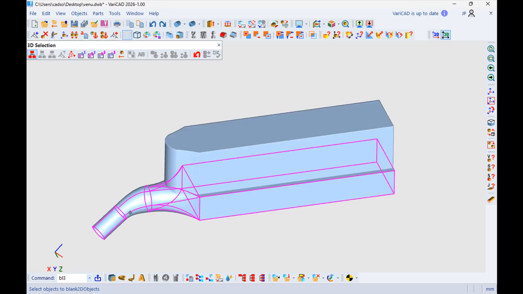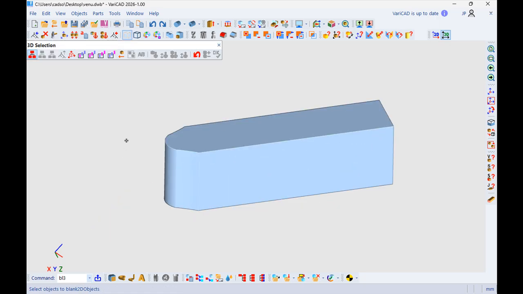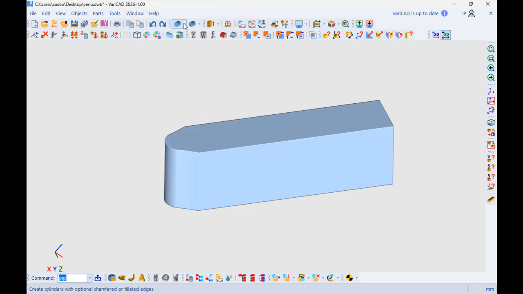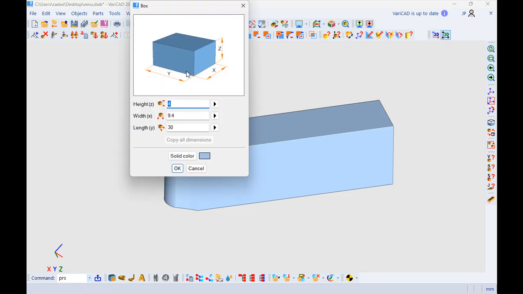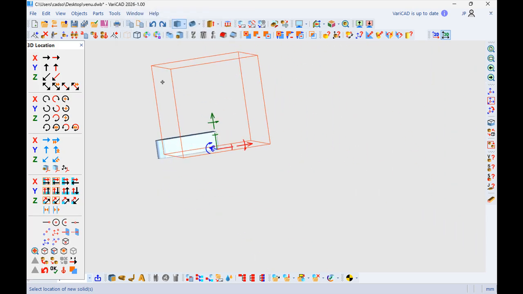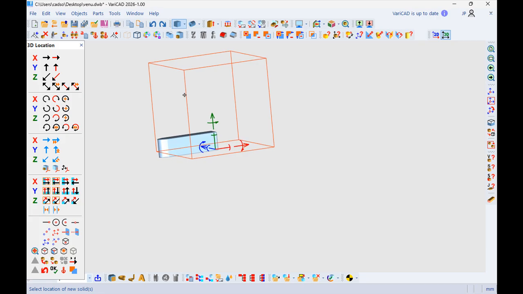I can blank this guy here and we'll create a box. Oops, not this one. A box, a big one, to guarantee that I fully intersect this smaller solid.